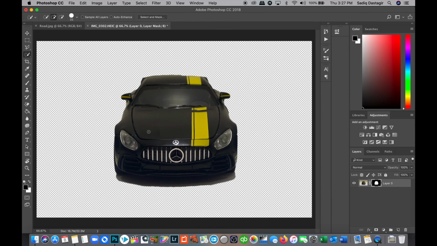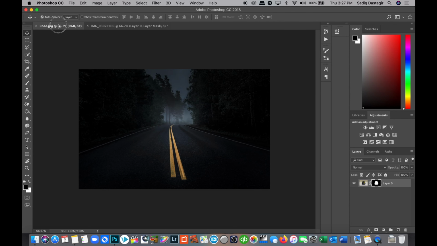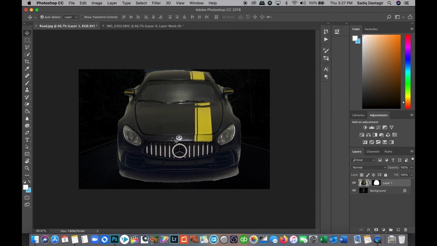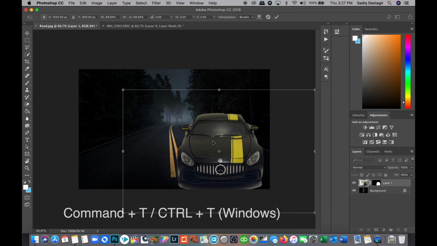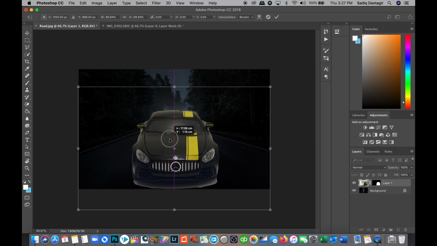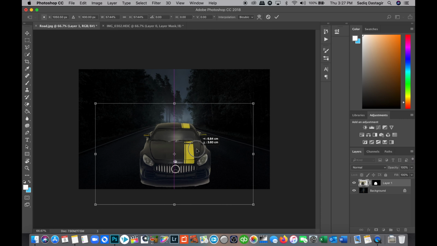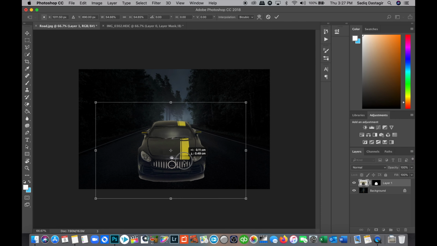Here we go. Now I will select this car, move tool, select the car and simply drag it right up here on the left hand corner on the road image. Here we go. We have the car as a selection over here. I'm going to scale it down a bit. We will get rid of the portion below. First let us place the car on the road as much as we want it. A little bit more probably, yeah, that is fine.